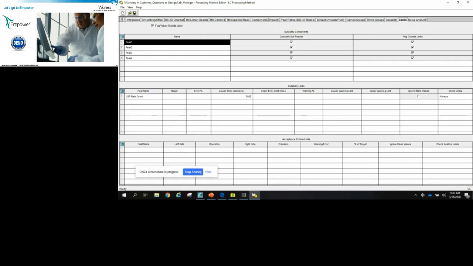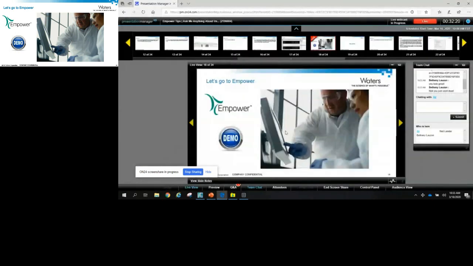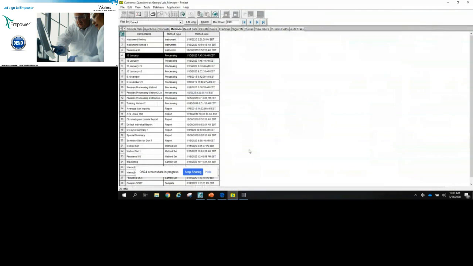So these are some examples of how in the processing method we can set up certain parameters around which the system suitability samples must meet those criteria. Now, there's another thing that we can consider as well. If I am making replicate injections of my system suitability sample and calculating % RSDs on area or retention time, there I might have an intersample custom summary field, and I can use that as my criteria as well.